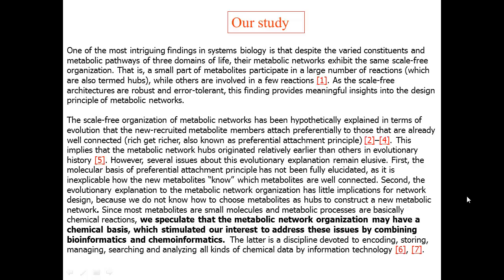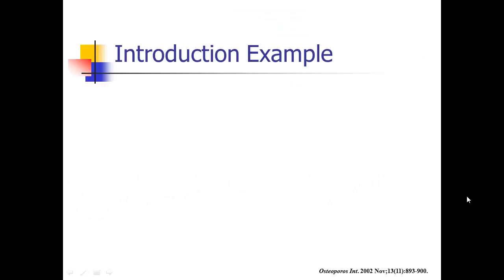So notice that nice statement, we speculate that, that's the reader's clue that they're about to give their research question statement. So we speculate that the metabolic network organization may have a chemical basis, which stimulated our interest to address these issues by combining bioinformatics and chemoinformatics. So their novel approach here is to combine bioinformatics and chemoinformatics, and they actually give you a definition of chemoinformatics in case you're unfamiliar with it. But again, they go from known, unknown to their specific study, and that nice statement of we speculate that. All